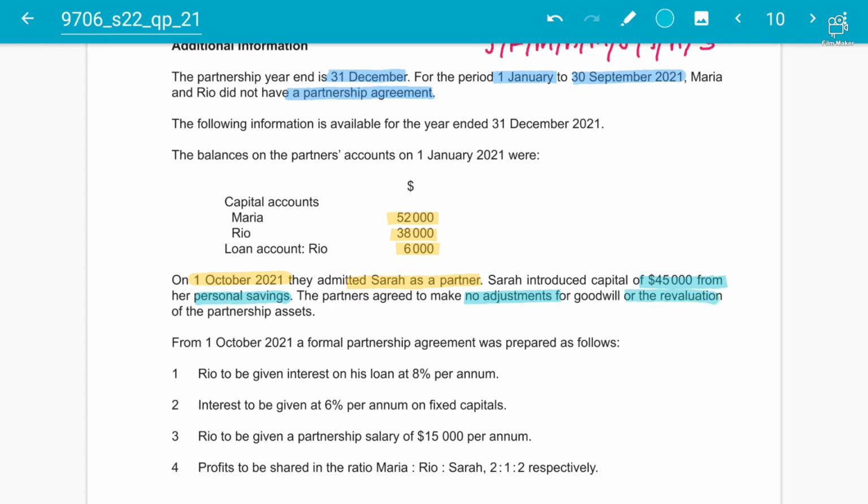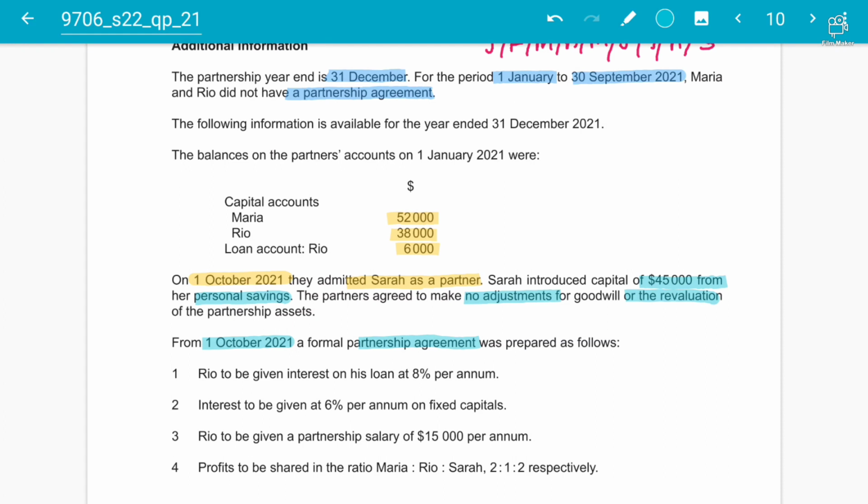Okay, and then from 1st October, it's going to be a formal partnership agreement. A similar type of question you can see in Tom and Jerry, that comes in 2016 as well. Make sure you practice that. And after a long gap, the examiner again tested the absence of partnership agreement to ensure that students know this